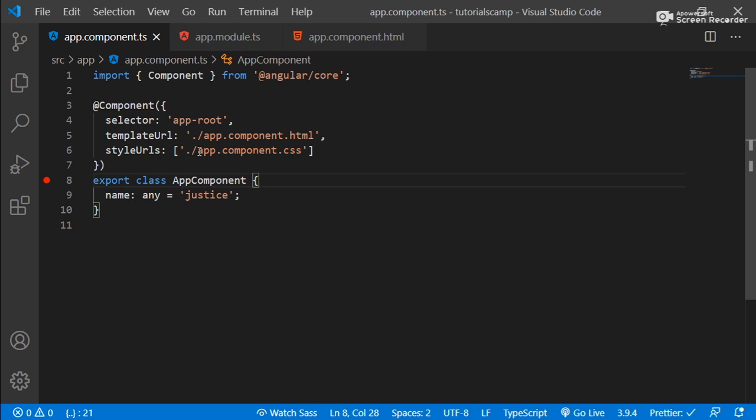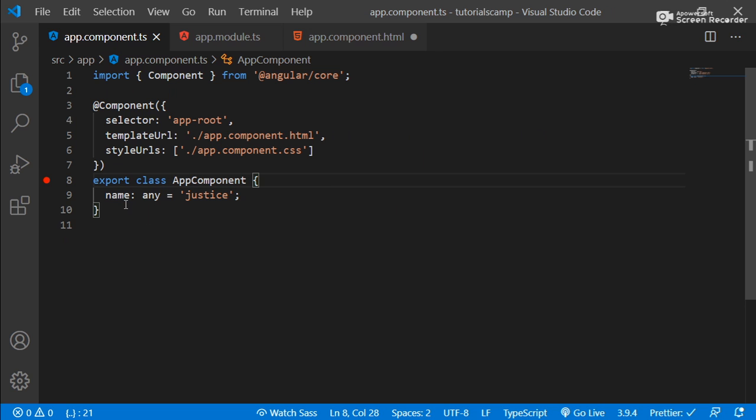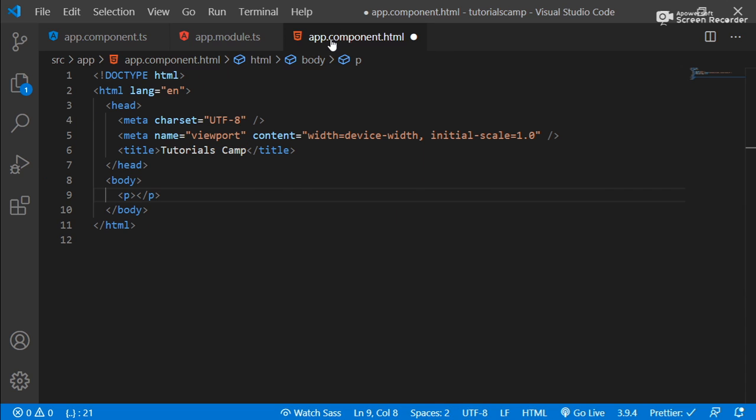All right, good. So what we want to do here is property binding. Property binding is a way of assigning values from the properties to the DOM element. You will understand it in a minute, just don't worry. We have a paragraph tag here. If you want to bind this name, the value of this property, into the paragraph element,